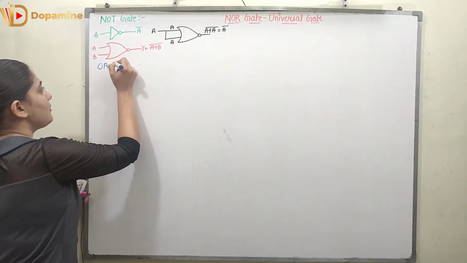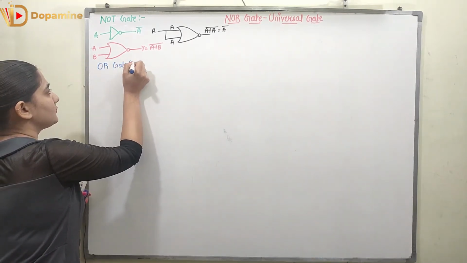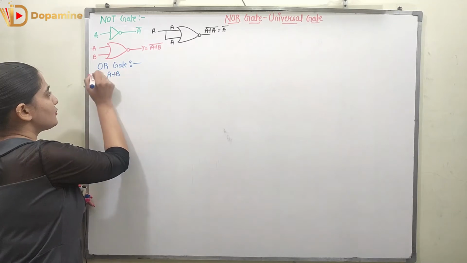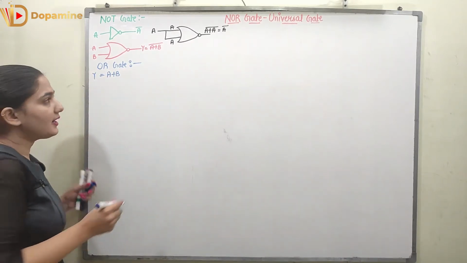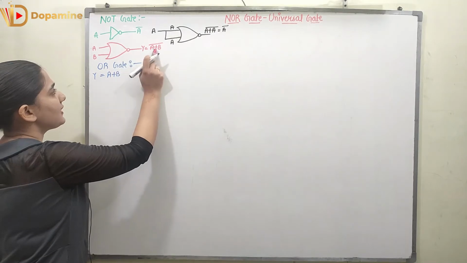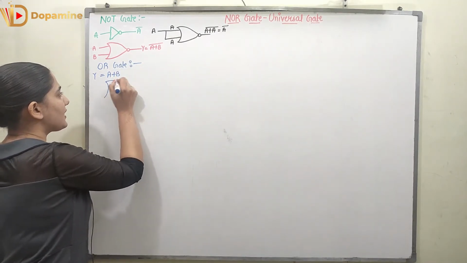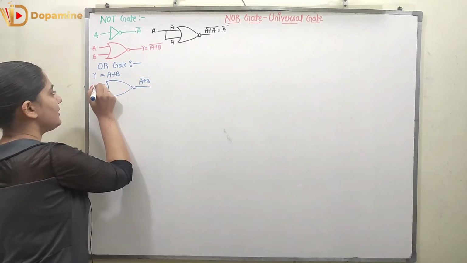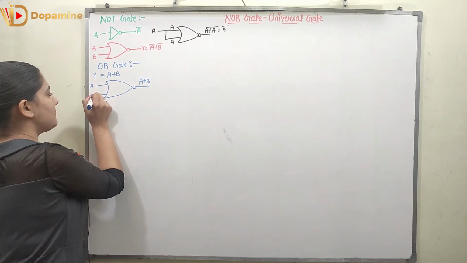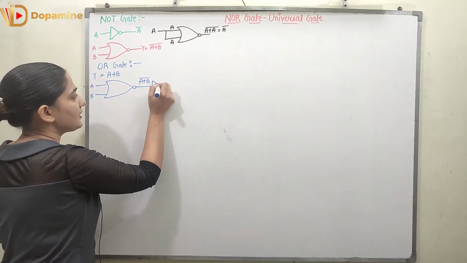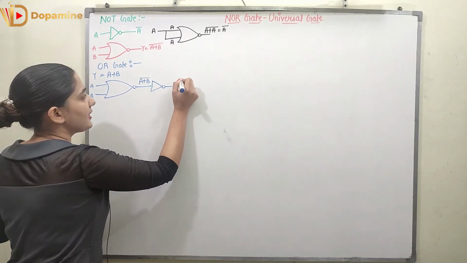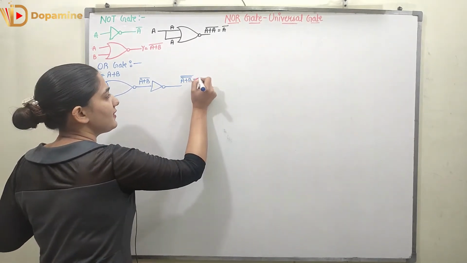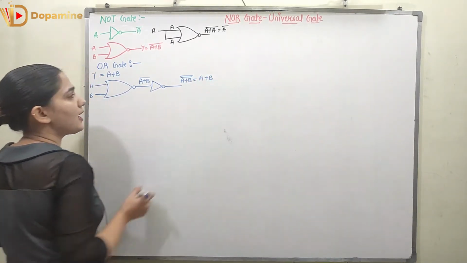The second case is an OR gate. Right, what is the OR gate? The output of the OR gate is A plus B. So this is the output that is desirable. Right, what is the output of NOR gate? A plus B whole bar. So what I can do, I can take a NOR gate, I will get A plus B whole bar, and here I have two inputs as A and B. Right, then what I can do, I can connect a NOT gate over here and I will get A plus B double complement. What is the double complement of any variable? It is the same variable. So I will get A plus B.